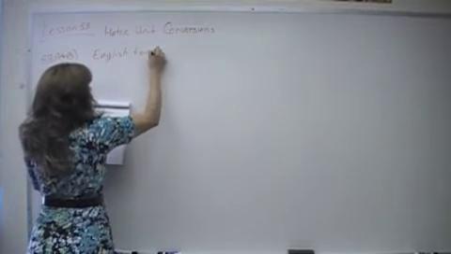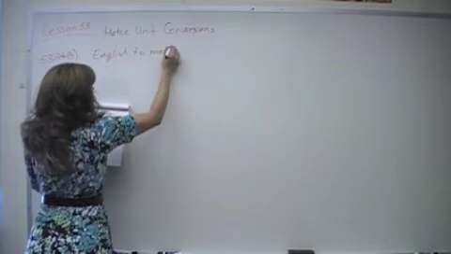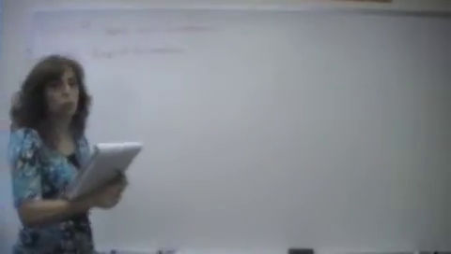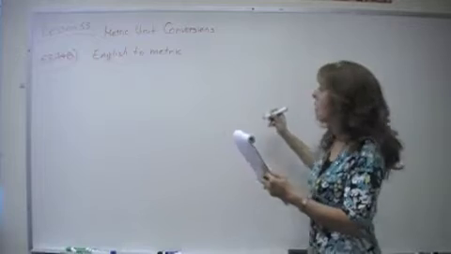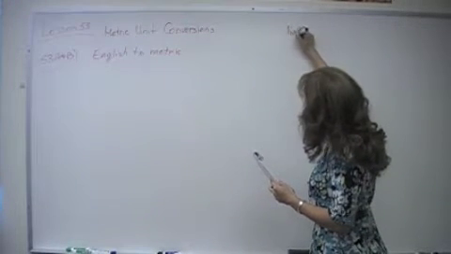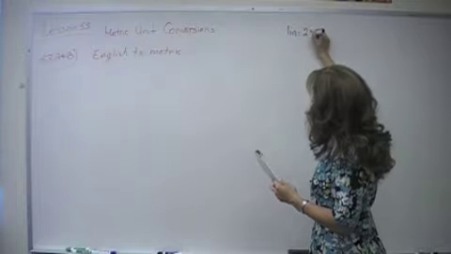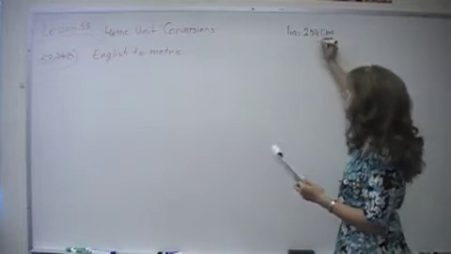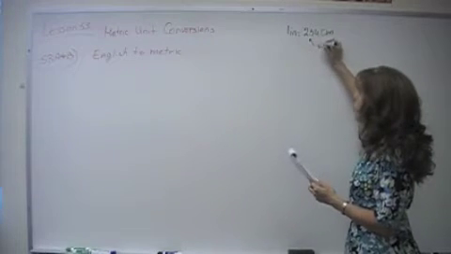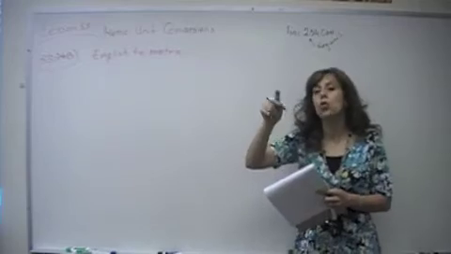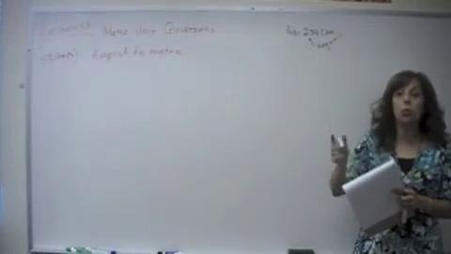to metric and metric to English. Let's review some of the conversion factors that we learned over the years. 1 inch equals 2.54 centimeters. This is a key unit here because through this unit we can jump from the metric to the English